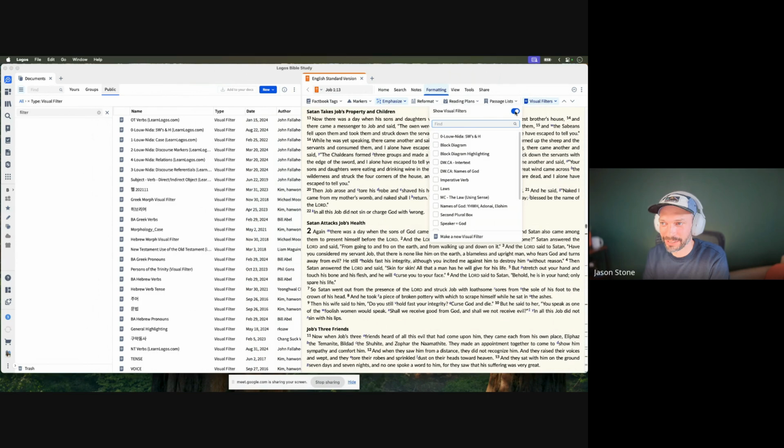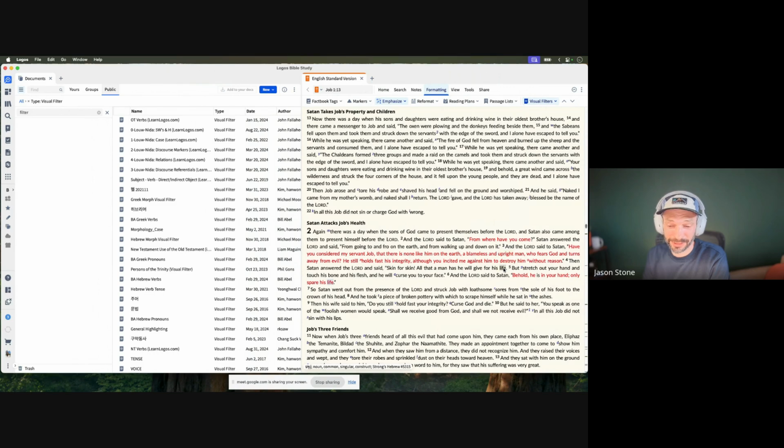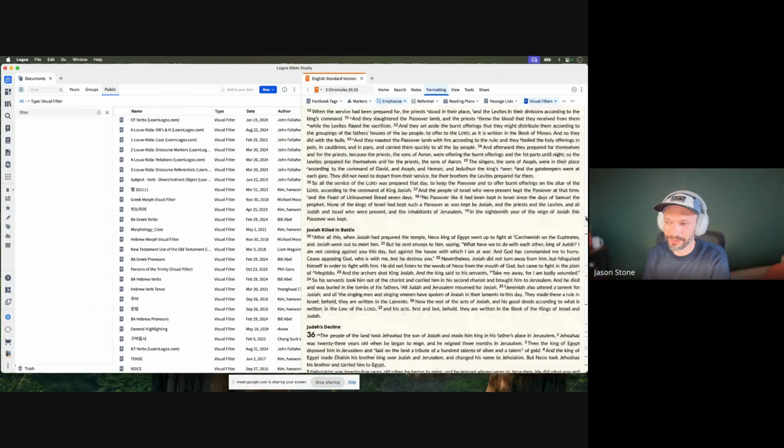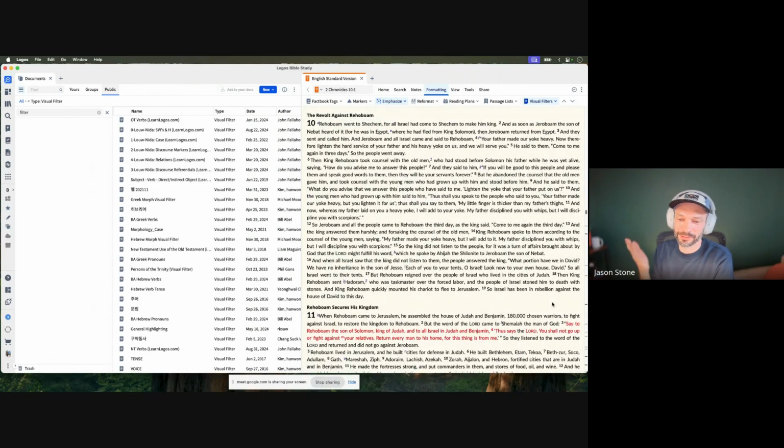Another one that comes to mind is when the speaker, like you're used to the red letters of Jesus. I remember creating this one because this is the red letters of God, essentially. In the Old Testament, if you want to see when God is the speaker, all I did is turn on a visual filter and now I see when God is speaking, right? I don't know if you want to say it's practical or what, but that's something you can't do with the text Bible, just go find a red letter Old Testament, which I did on the fly right there.